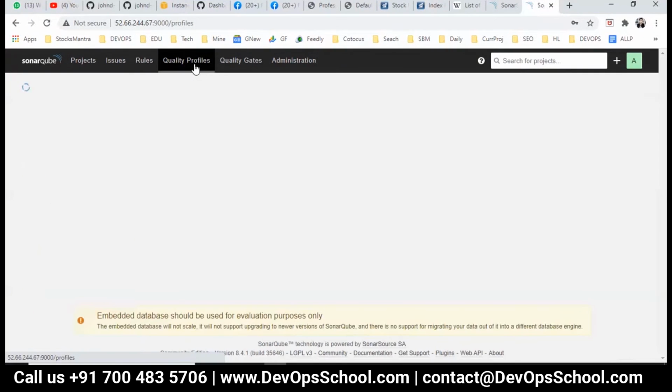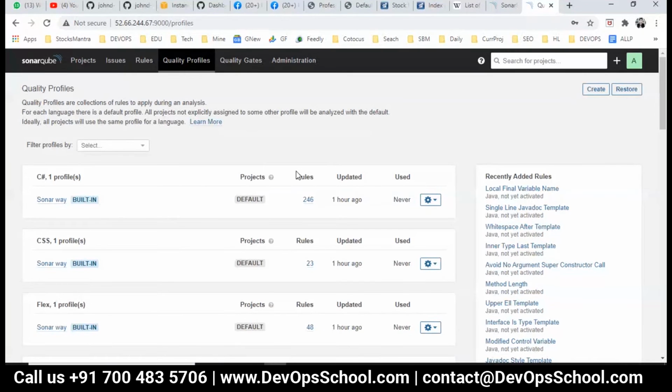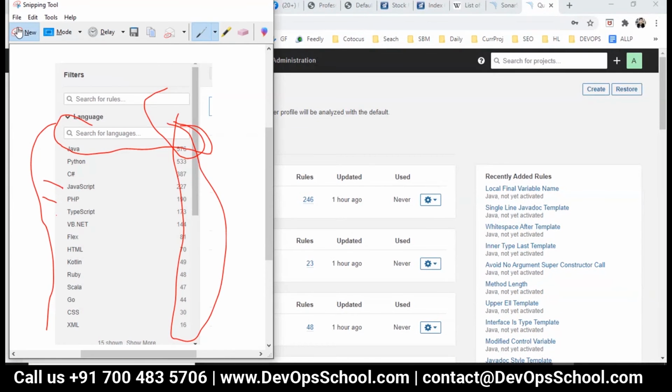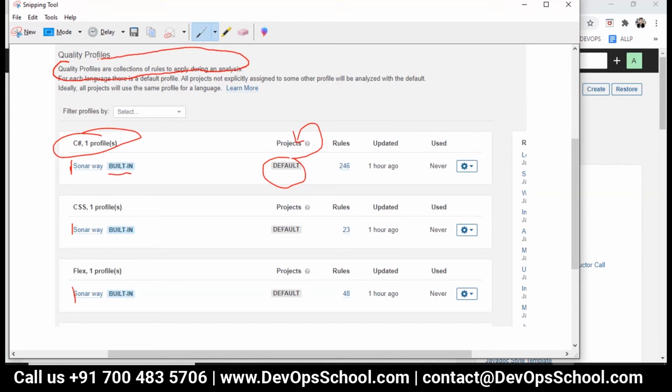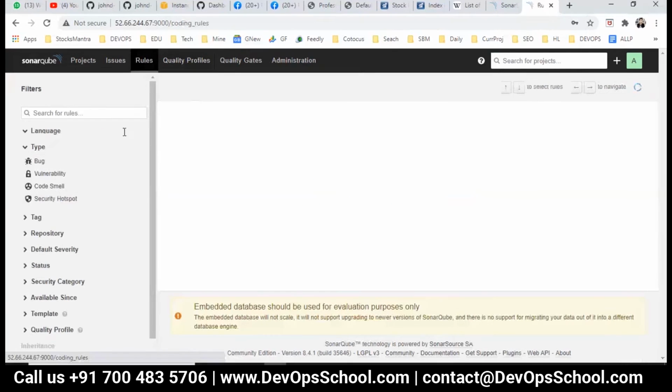Next one is quality profile. I've been discussing these quality profiles for some time. But what is that? So guys, look at it very carefully, not very difficult things. Here, look at this. For each language, there is one quality profile named Sonar way. If you see that, it's built-in and it's the default for all projects. But the question is not that it's built-in, what the name is, or what projects it's for, but what is a quality profile? So guys, a quality profile is a collection of rules which you apply on your project. So here, if you look at this, I have a Java.